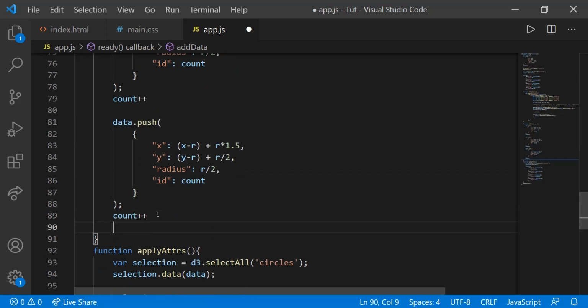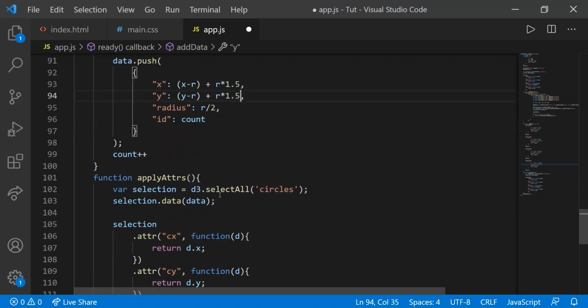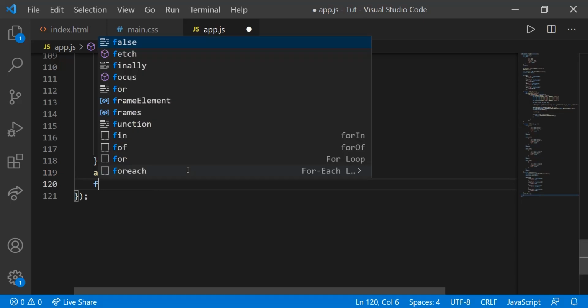And then the bottom right. Now we're going to be changing both variables, so that'll be r times 1.5 for x, and the same thing for y, r times 1.5. Alright, and that's really all we need for this function. So now let's create the last function that we're going to need, and this will reset the IDs to consecutive integers. So we'll say function